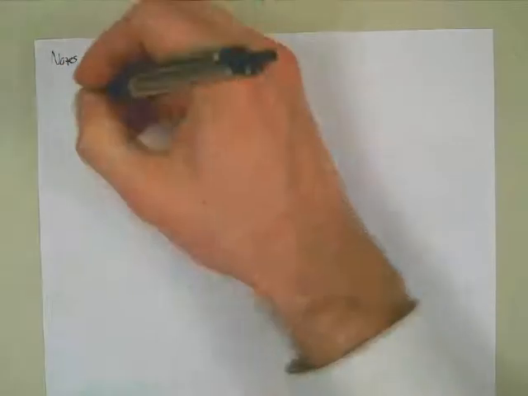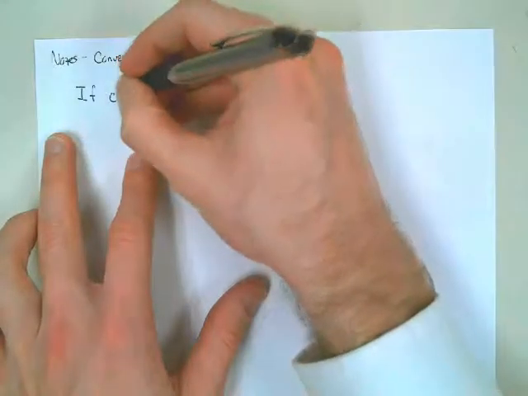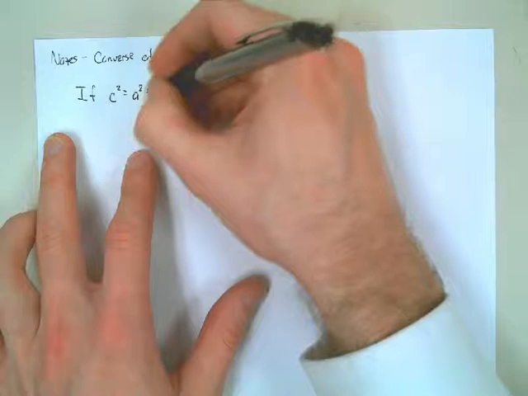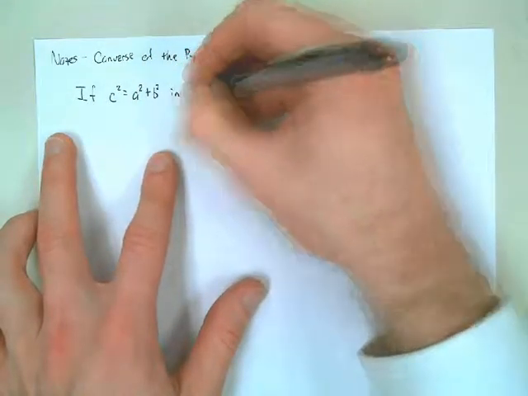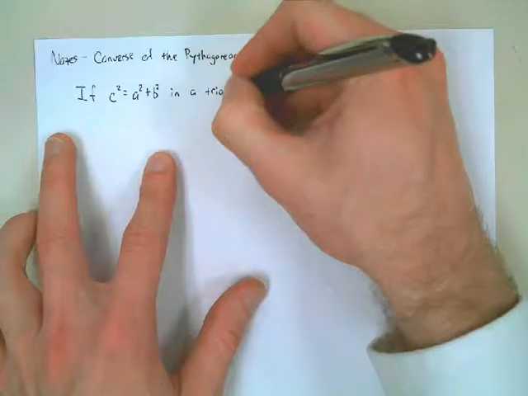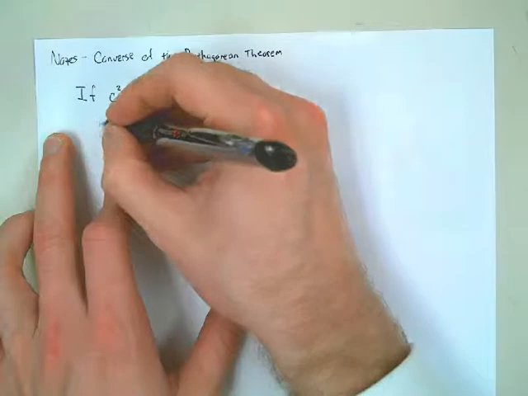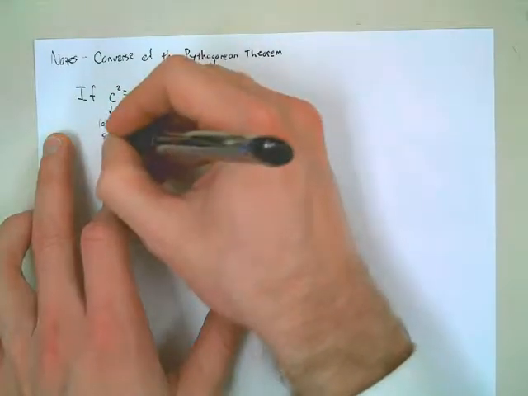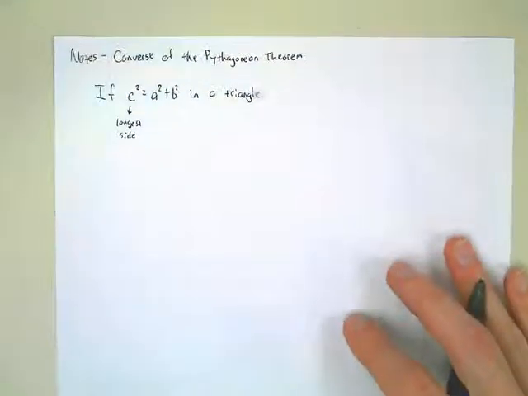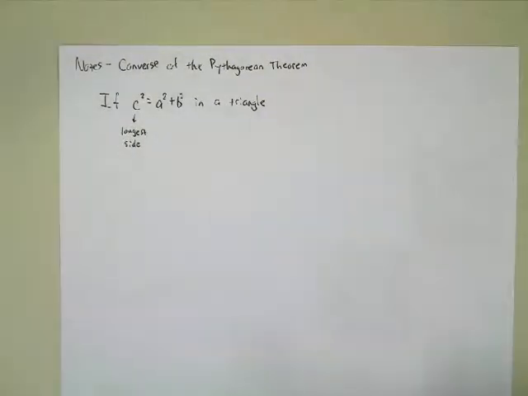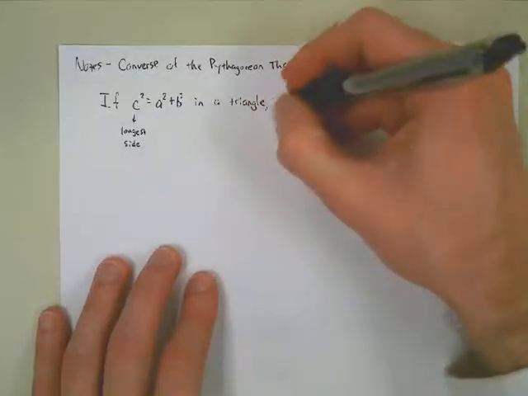So basically, it says if c squared equals a squared plus b squared in a triangle, and by the way, c has to be the longest side, so I'll draw a little arrow down to that. So if c squared equals a squared plus b squared in a triangle, and c is the longest side, then